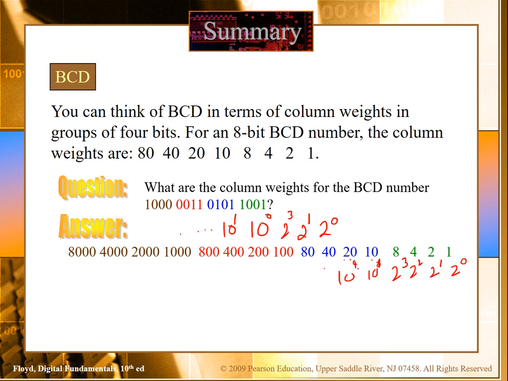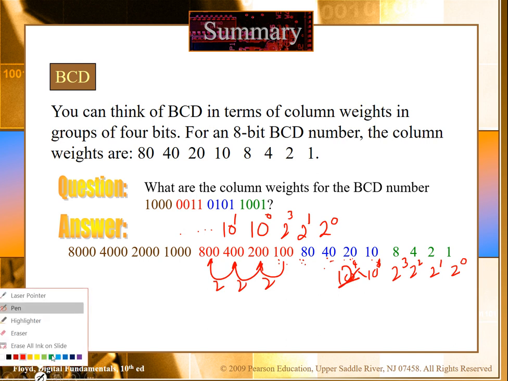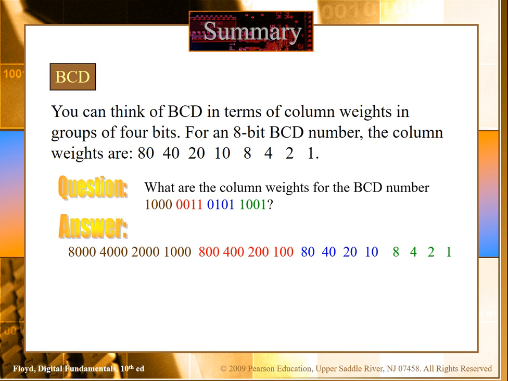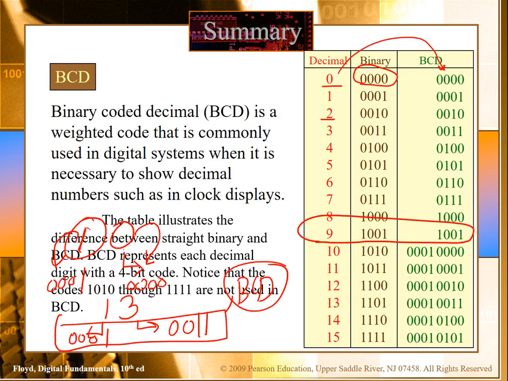So 10 multiplied by 2 is 20, 20 multiplied by 2 is 40, 40 multiplied by 2 is 80. Then we go to 100, 100 multiplied by 2 is 200, 200 multiplied by 2 is 400, 400 multiplied by 2 is 800. So these are the base powers for the BCD. We will try one example in the live session, inshallah, and it will be more clear. But the important thing in binary coded decimal is that each decimal digit can be coded as a 4-bit binary system.